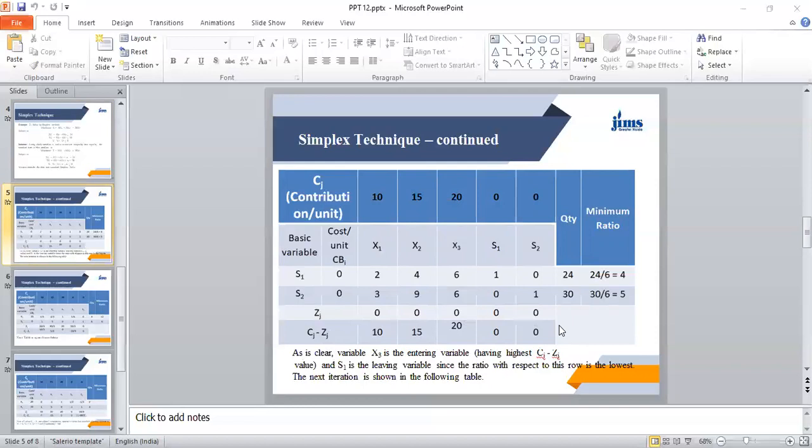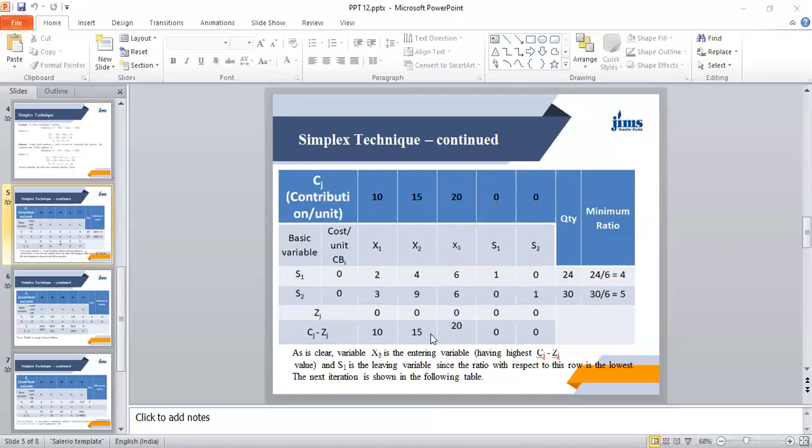And I have told you that in the case of maximization, this is also called the index row or net valuation row. All the values in the net valuation row should be either negative or 0. It means if you do further iteration, then you will get either 0 profit or your profit will get reduced. So when you get a negative or 0 value in the net valuation row, we consider that the condition of optimality has been reached, and this gives the final solution.